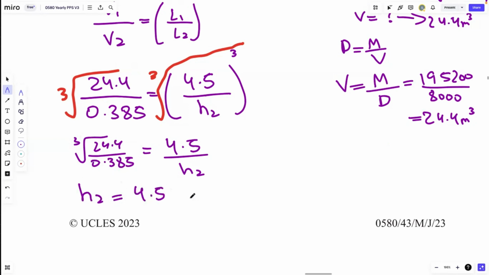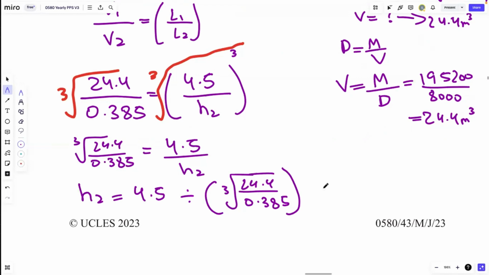So it's going to be 4.5 divided by the cube root of 24.4 divided by 0.385. Now, when you plug that into the calculator, how you're supposed to do that is we write 4.5 using a fraction, and in the denominator you use the cube root, then you use a fraction again and you write 24.4 divided by 0.385. Make sure to not make any silly mistakes while putting it in the calculator. And then in one go, you'll get the answer to be